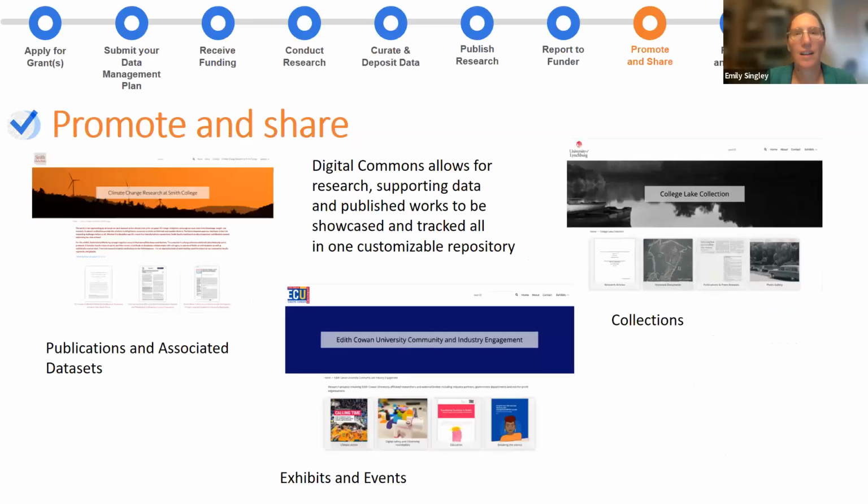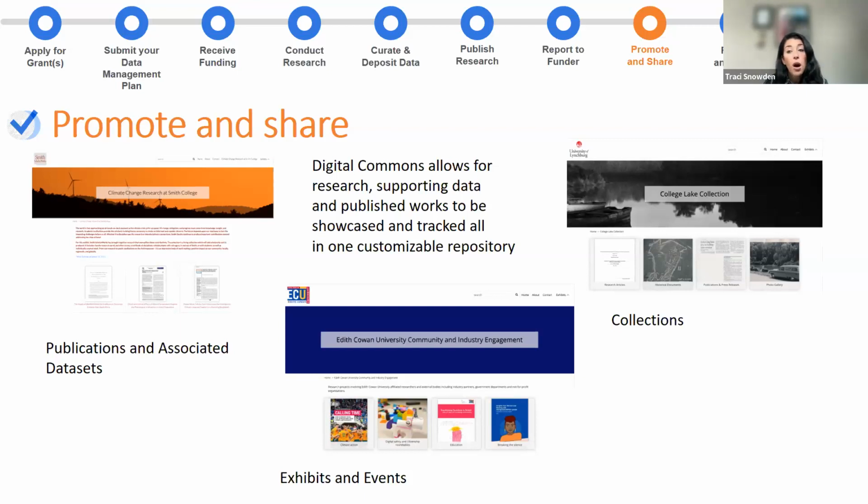Great. And then how do researchers get their data out to the world and promote it and share it more widely? Yeah, this is a big step, right? This is an important step, and I think this is becoming increasingly important. And Emily, I think this is also a huge part of what the institution and the library can do to help support that visibility. So one thing that I'll say is, institutional repositories are widely accepted now, and they are used to showcase, promote, and share data.